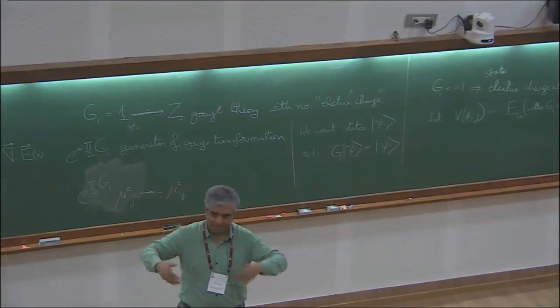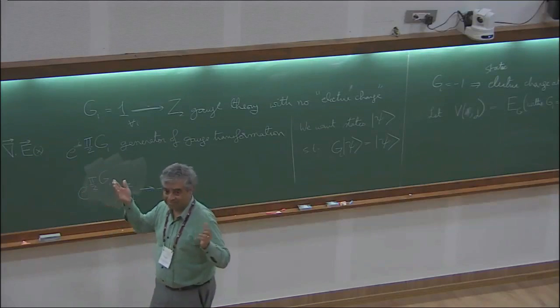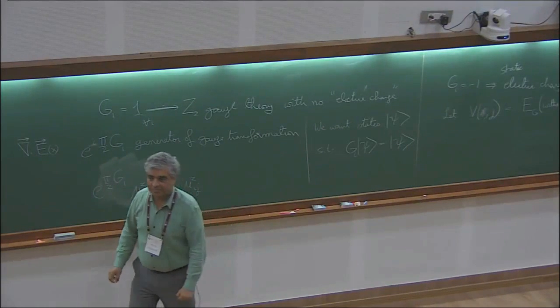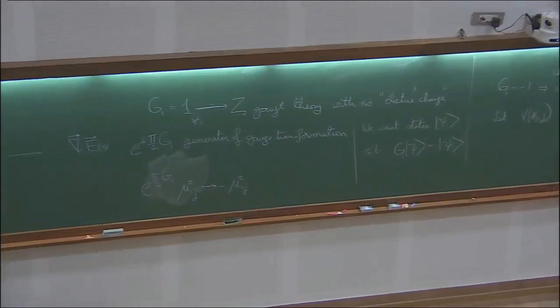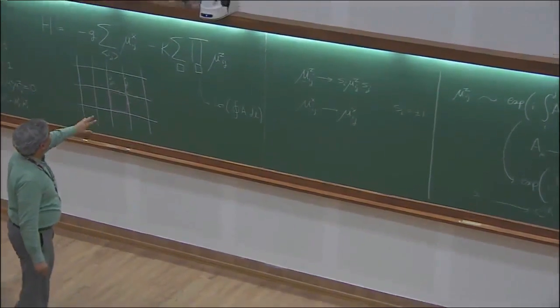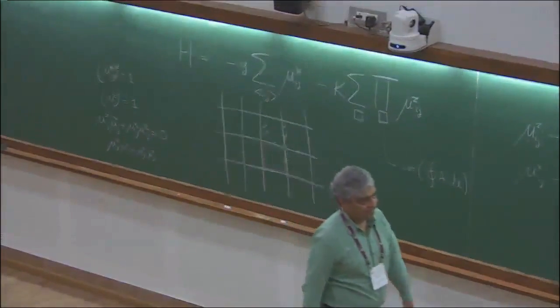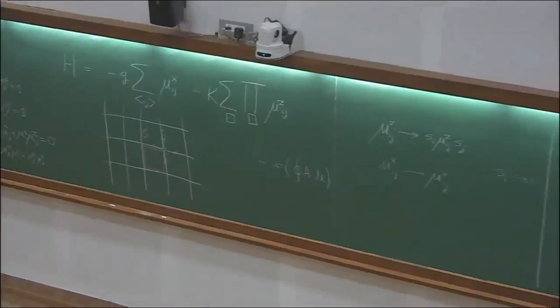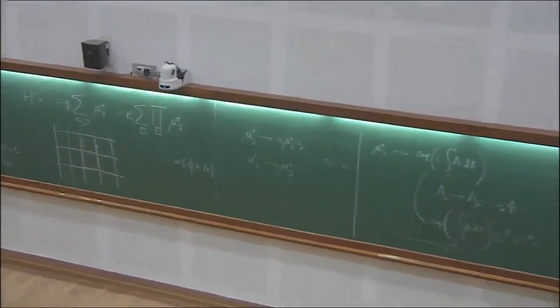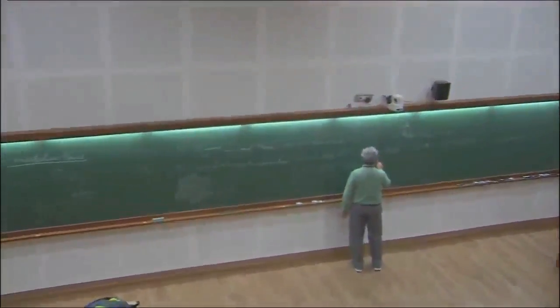I'm allowing for arbitrary quantum fluctuations of the electromagnetic field, in this case just a Z2 gauge field. So this is a bit tricky to compute, at least in one limit, but let's compute it. It's easy to compute in the limit when G is much bigger than K. So this is what we want to compute, what V of IJ is in two opposite limits. So let's look at G much bigger than K.